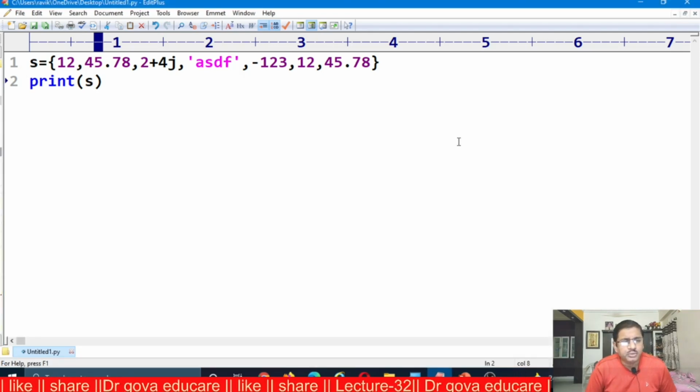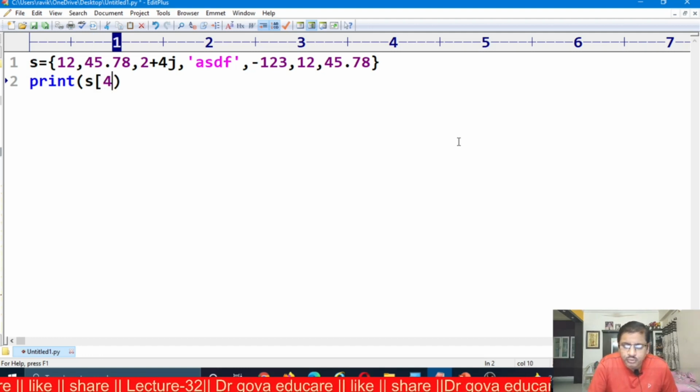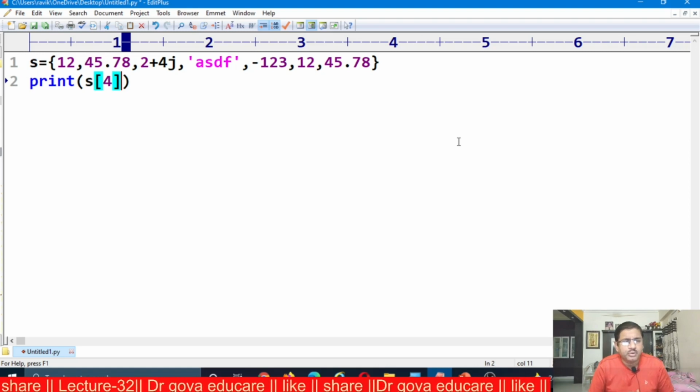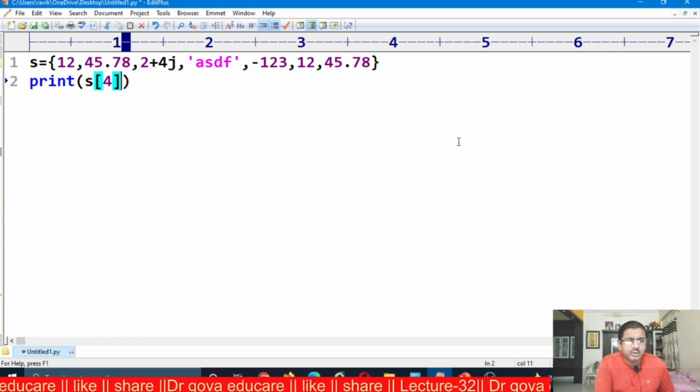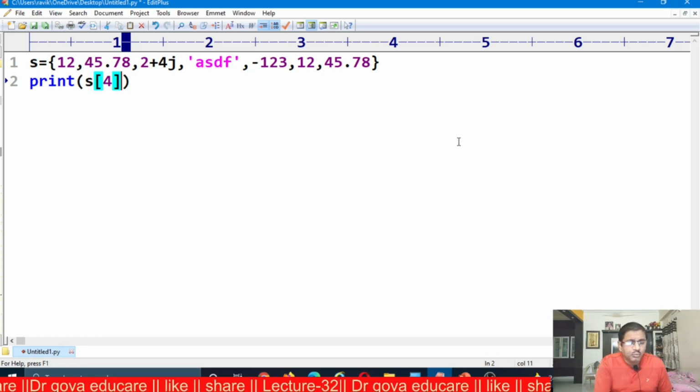Now I want to retrieve an element at some index position, S of 4, in the set. Indexing and slicing is not allowed. Now I am trying to get the element at the 4th position.